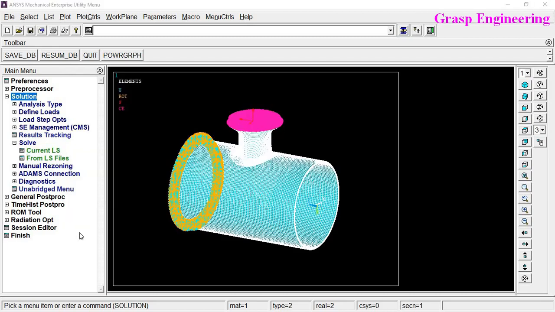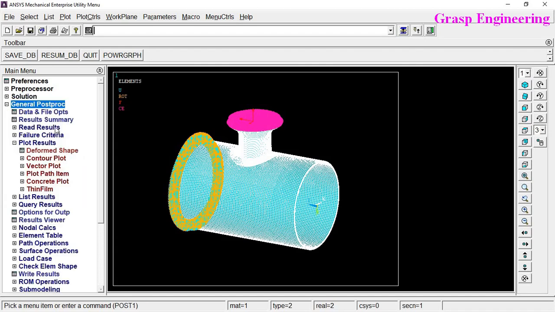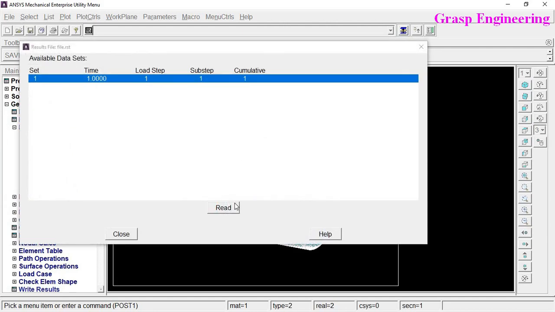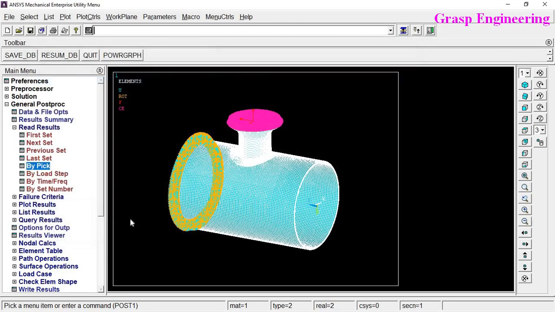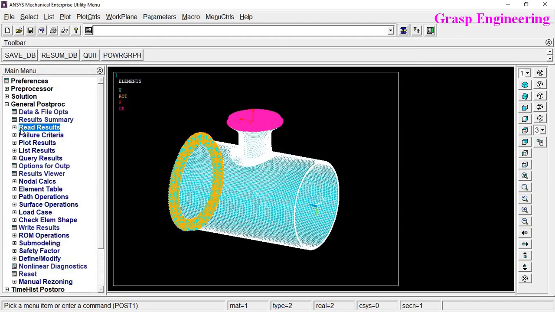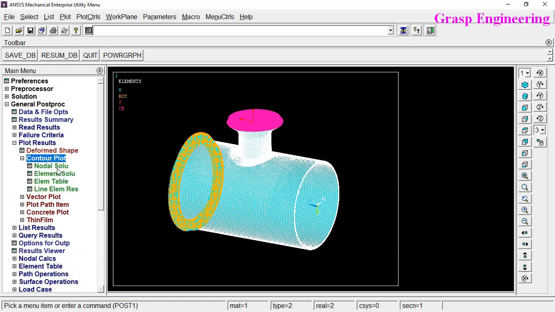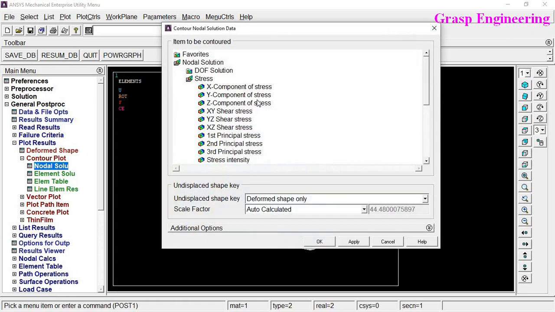So now you can see that our simulation is performed. Now let's do the next step, that is reading the results. Let's go to general post processing, and here you can read results by pick. So read that respective load step result, then close. Then in order to see the stresses and deformation, let's click on plot results, contour plot, nodal solution, and